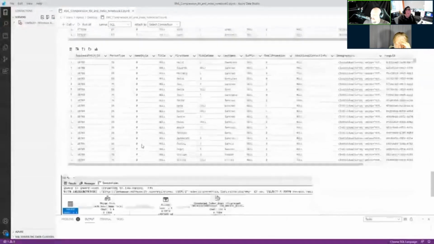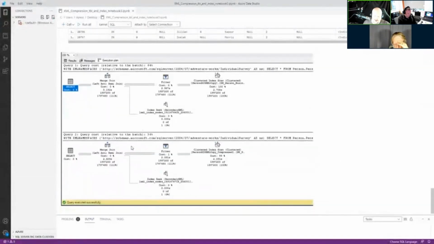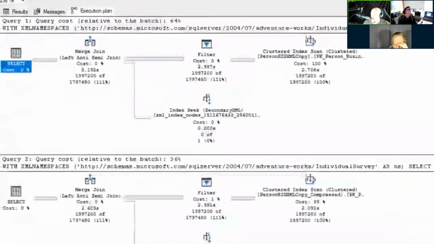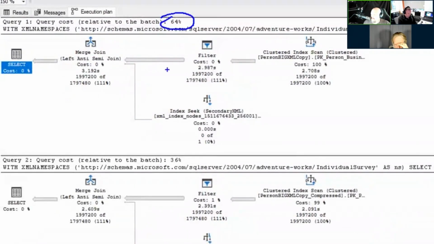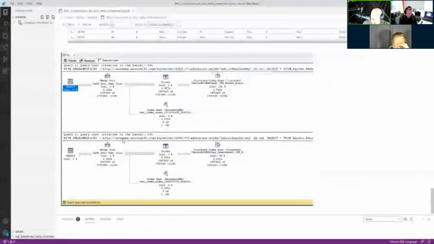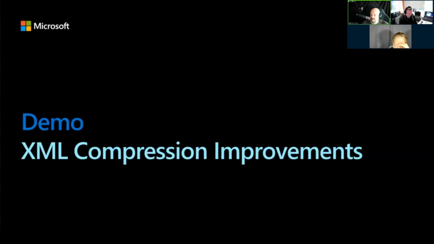If I get down to the bottom, 64 versus 36%. That being said, the primary use case is capacity savings, but for certain workloads, you may see performance improvement, especially in terms of IO. I really like this feature, especially for customers that are using a lot of XML data. I think you'll find it beneficial.